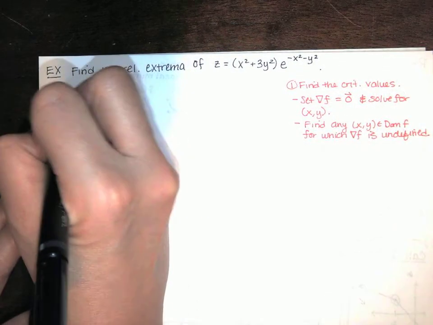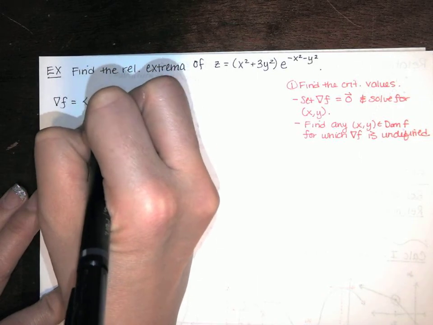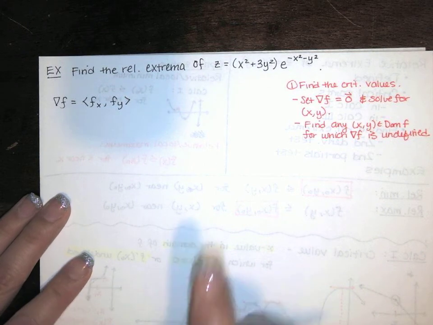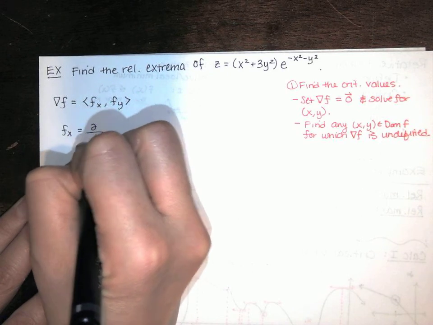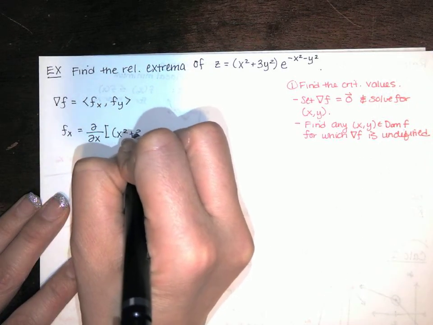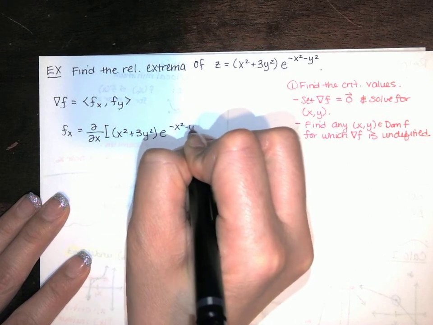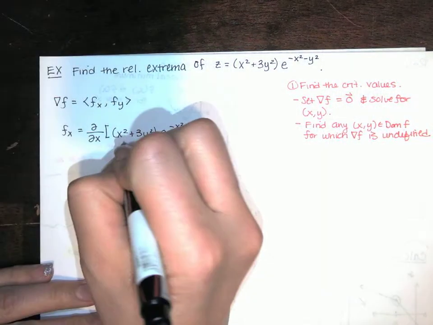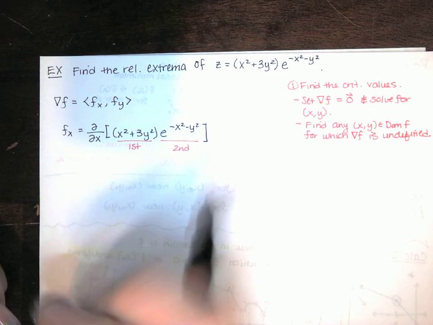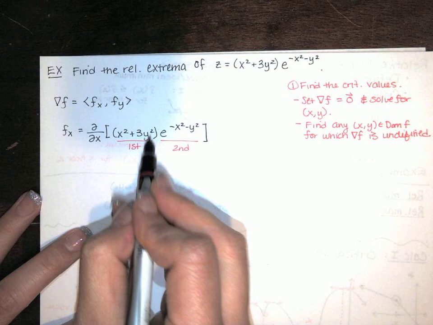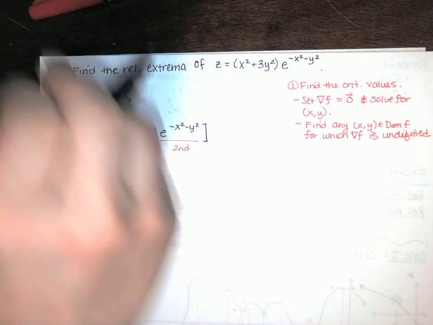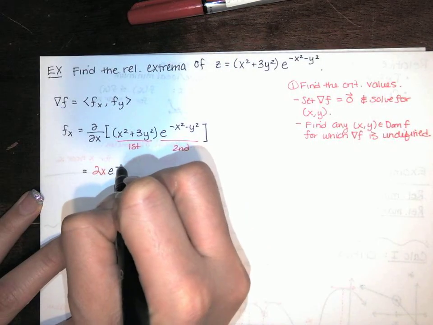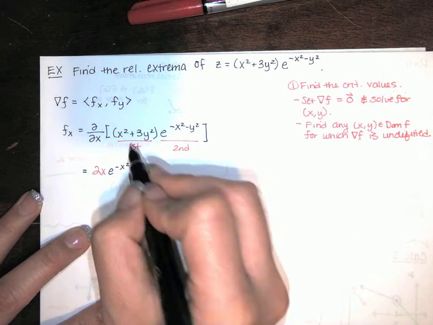So the first thing we need to do is find the gradient. So I need the vector of first partials. It's the partial of f with respect to x times i hat plus the partial of f with respect to y times j hat. So I'm taking the derivative of this with respect to x. I've got a function of x times a function of x, so I'll have to use the product rule. Here's my first function, and there's my second function. According to the product rule, we have the derivative of the first with respect to x holding y constant, so we get 2x, times the second, undifferentiated,